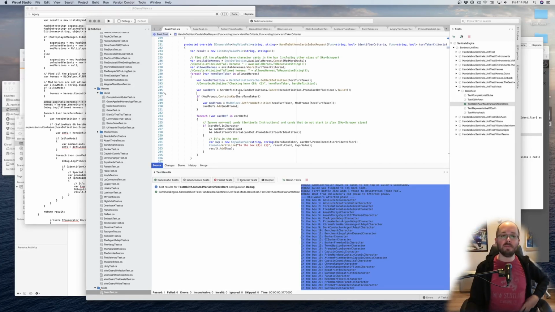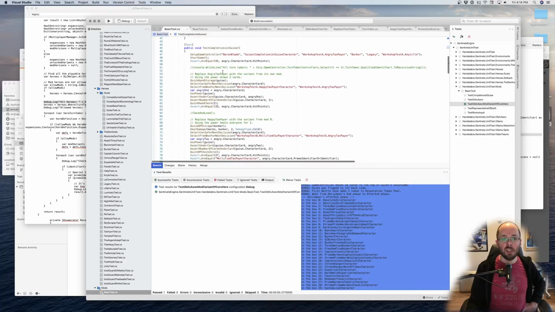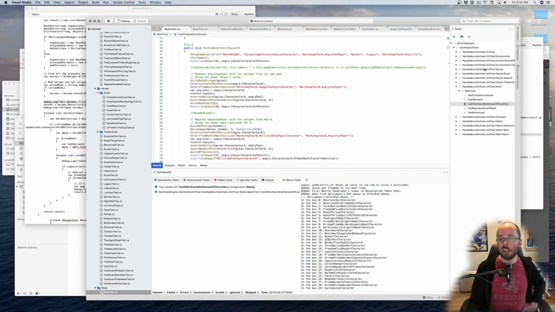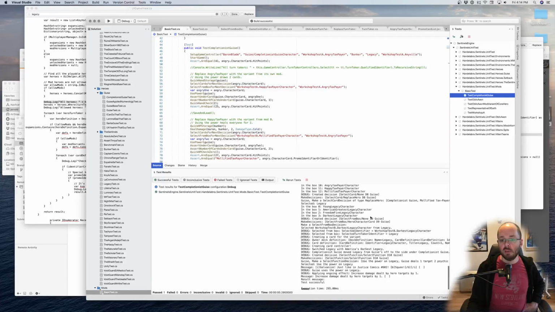So if I run like one of these, we should see that legacy one show up. I mean, that just shows up. It does find the definition at least, right? If we run this one,